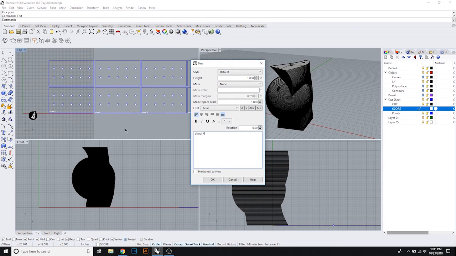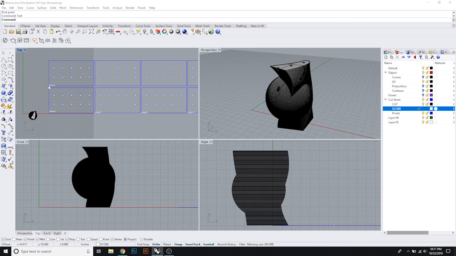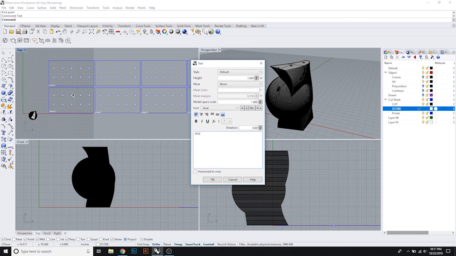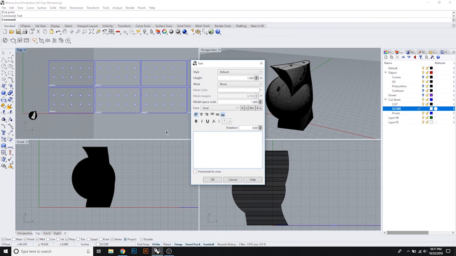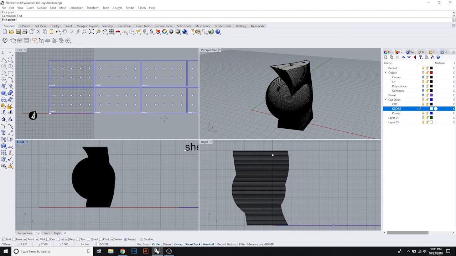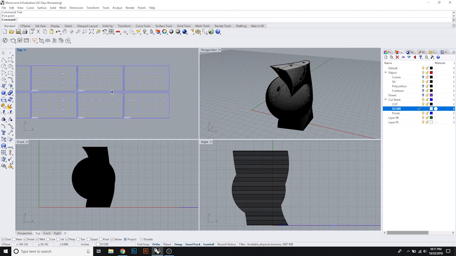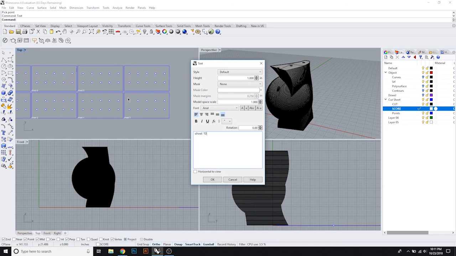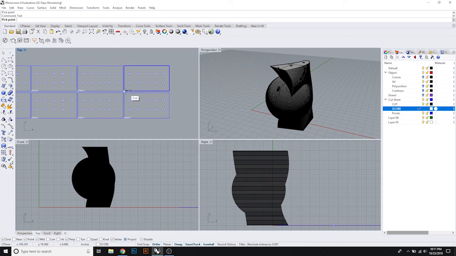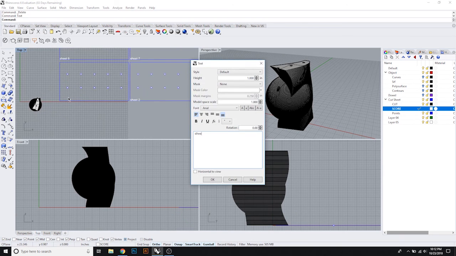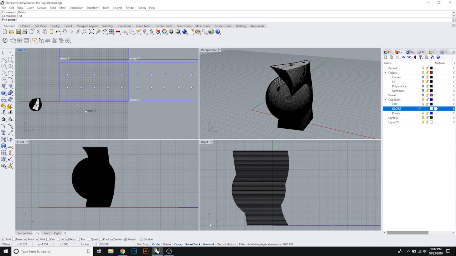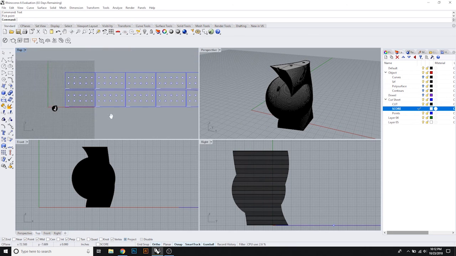Sheet 6. Sheet 7. Sheet 8. Okay, let's make sure that this follows suit. So sheet 1. Okay, cool. So I should have a